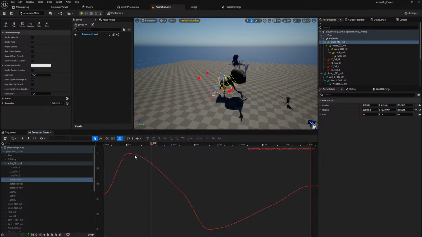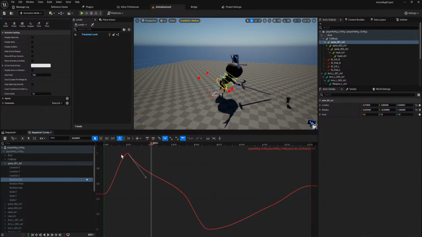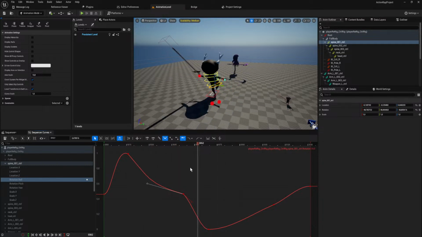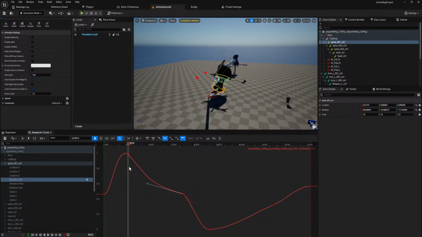So if I just remove this... and then do a little bit more like... Hold on, can do 3 and Control W. You see now we have more or less the same movement, just with one less keyframe there.